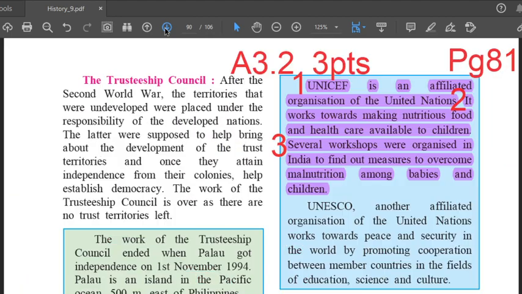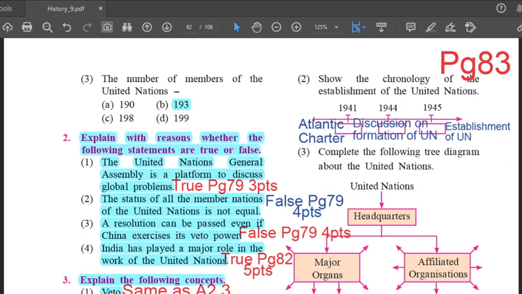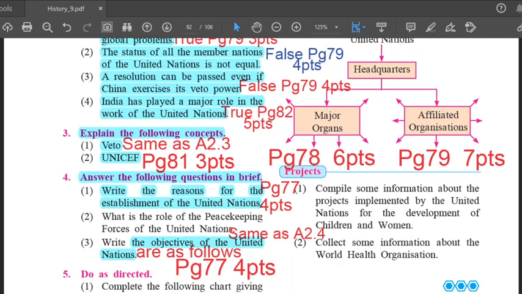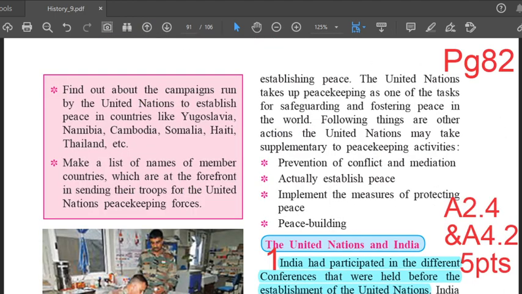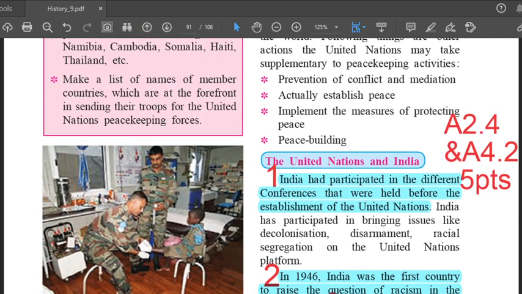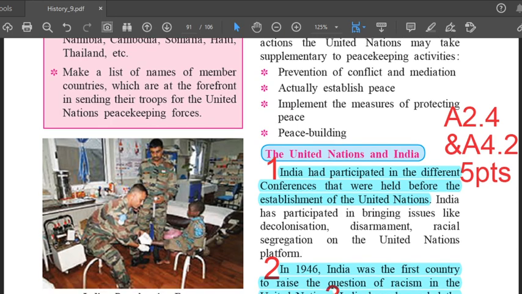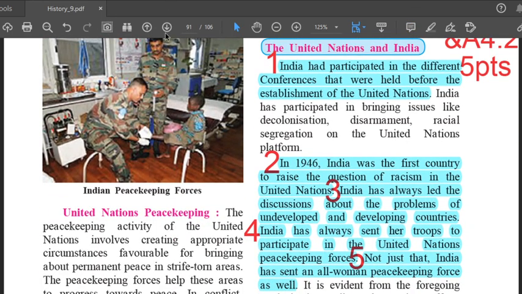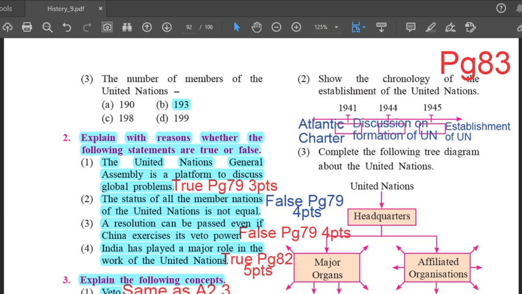Next question, 4.2. What is the role of the peacekeeping forces of the United Nations? This answer is the same as answer 2.4. That is page number 82. Here. Same answer, 2.4 and 4.2. The same 5 points which I had read before. Next question,